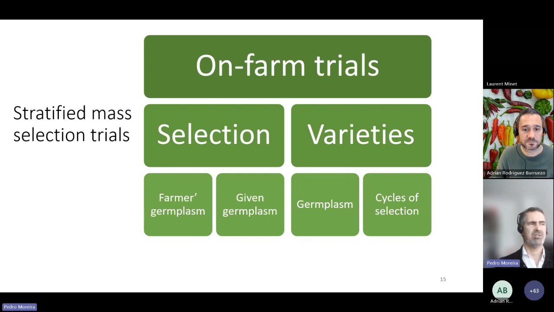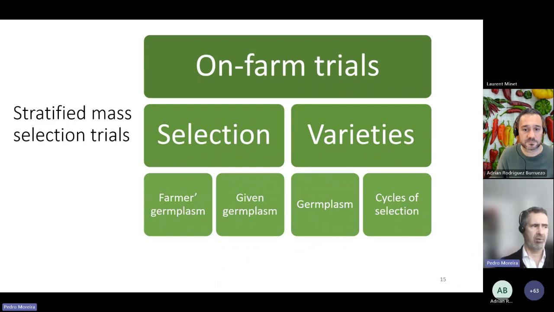In these selection trials, generally we work with the farmers, or the farmers, if they are instructed, can do it by themselves. That's what we generally want to happen. You can have farmers who have their own germplasm and want to improve it. We don't want to impose some of the varieties that we already have if they want to continue. What we say is, if you want, we can help you think better about how you can improve